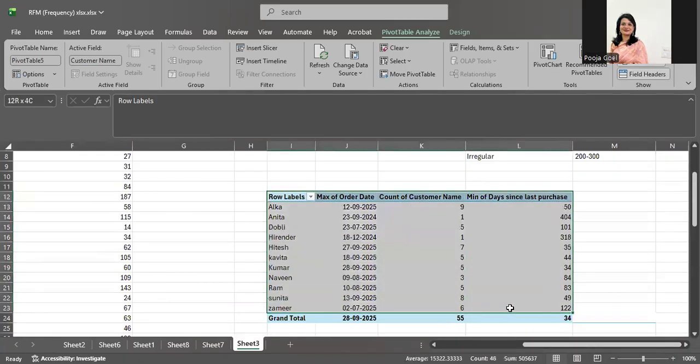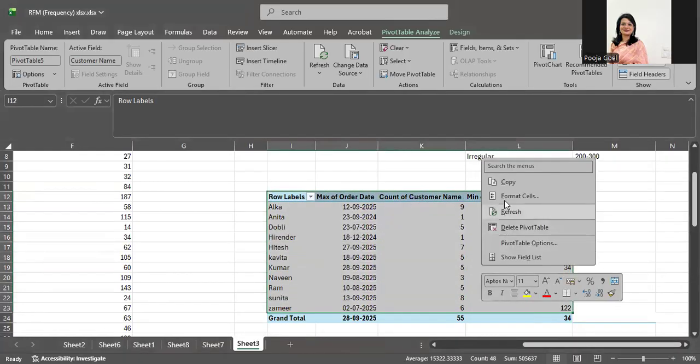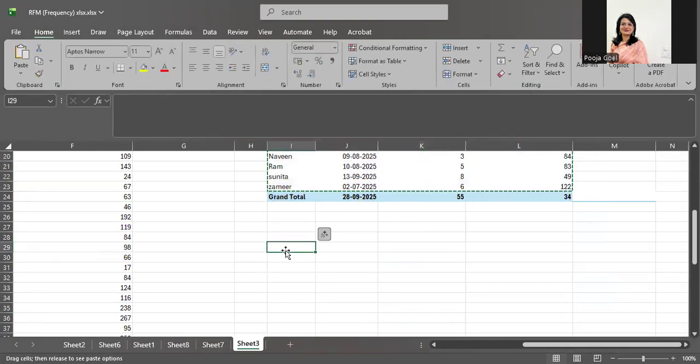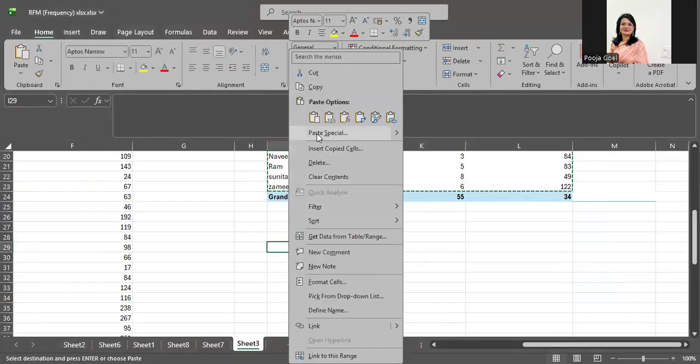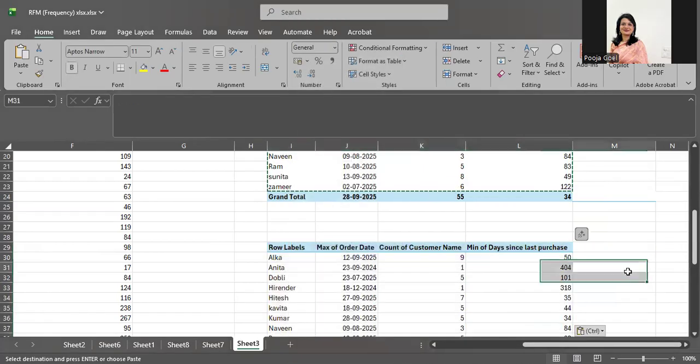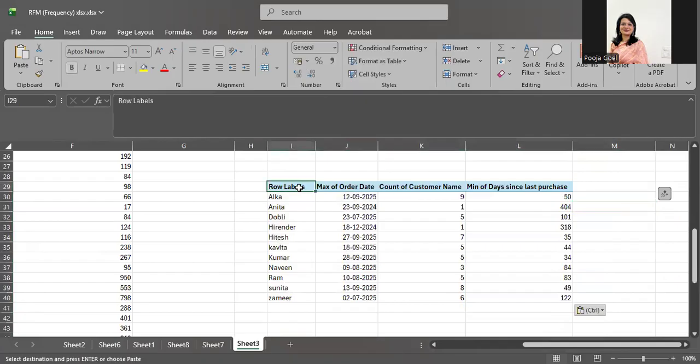So what I'll do, I'll just copy the columns. I will not take this grand total, otherwise it will be very difficult to make the changes. So I'll simply do the paste special. I'm just going to paste. Now I will change the table content or the column names.